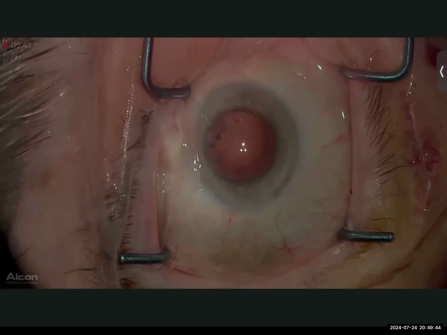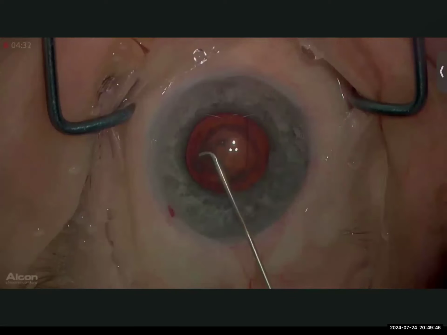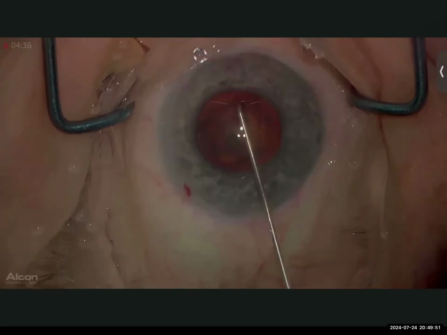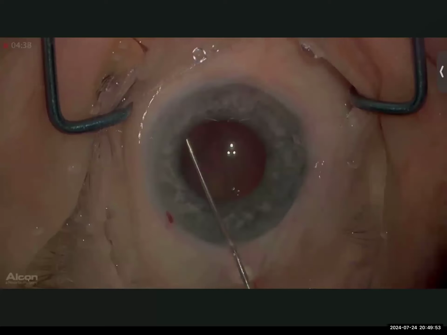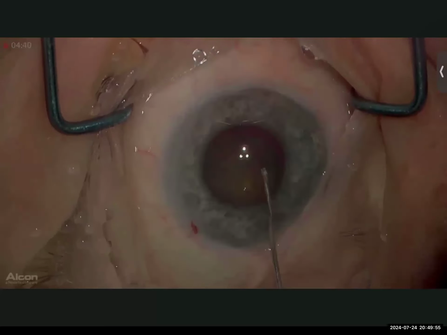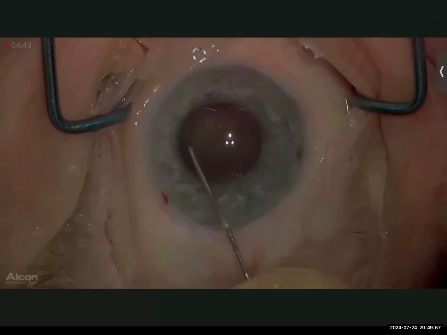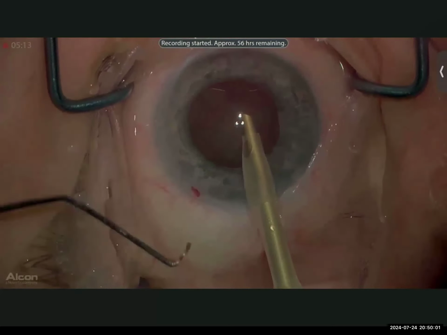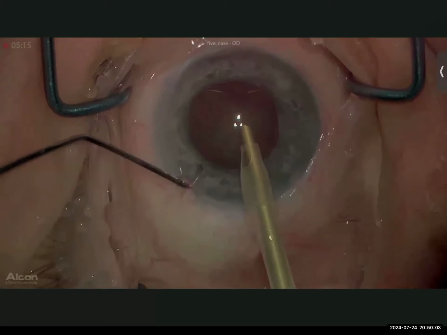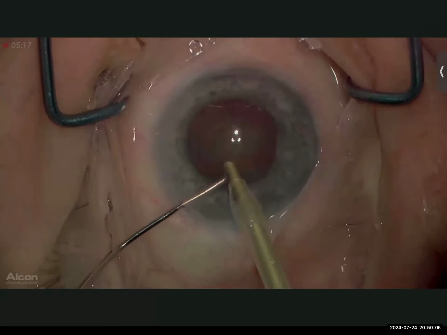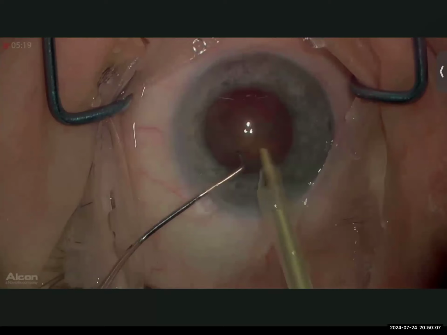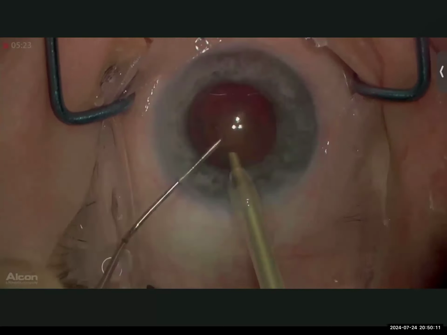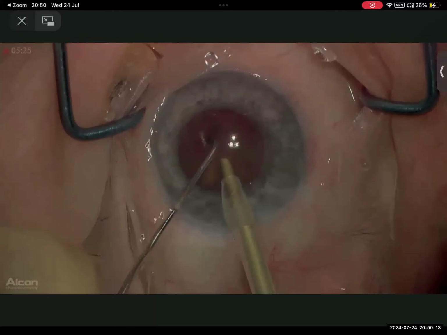All right, now let's see. The next one is a small pupil. Small pupil is, again, one of the payoffs because basically now we have to make sure we are deep enough when you do divide and conquer. And how do you do that? With divide and conquer, you need to see the red reflex get brighter and brighter. That's how you know you're approaching the posterior capsule. Whereas,